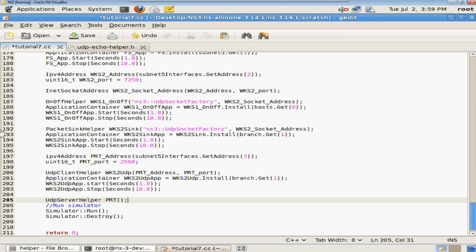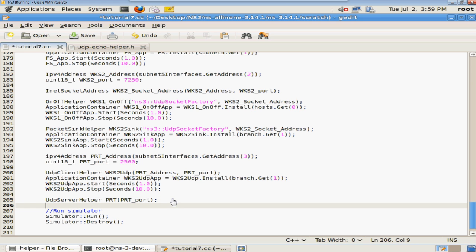And what do we need here? Well, what we actually need is the port. So I'm going to pass the port number into the constructor, and then I'm going to create an application container, which I'm sure you knew I was going to do anyway, and I'm going to call this one PRT underscore app,